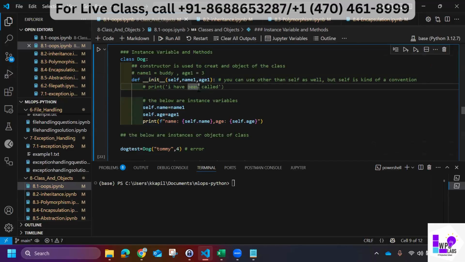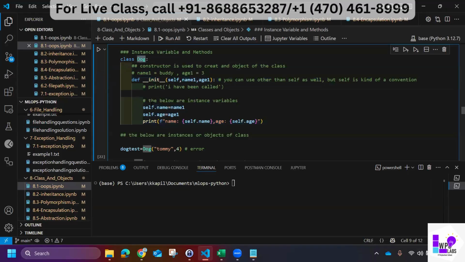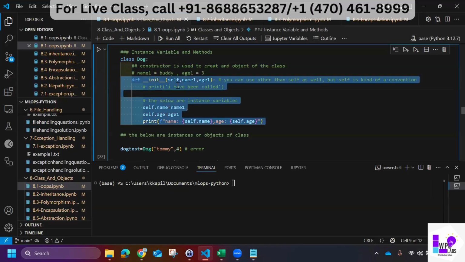I want power windows. Maybe a power steering drive. I want stars on the deck of the car. So that is what we are customizing here. Whenever the Dog class is constructing, whenever an object is constructing, I want a particular dog with a particular age. If I take an example with this,